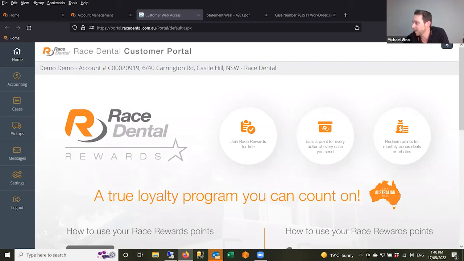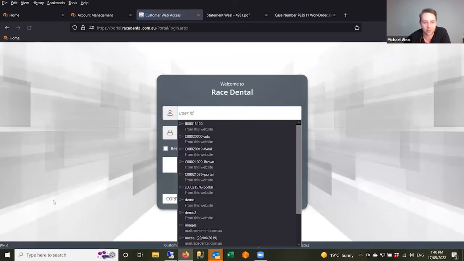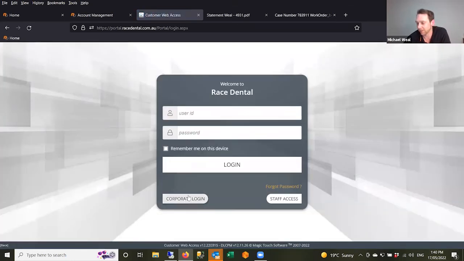Actually, okay, yep, that is a good question that's come through. Someone's asked about the login window here. So if we come log out, we actually have this corporate login button down here. Someone's asked what that's used for. So when we set up your account, the corporate login doesn't necessarily refer to the large dental corporates of Bupa,